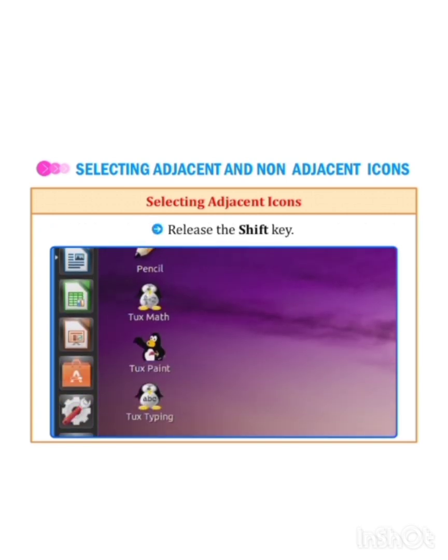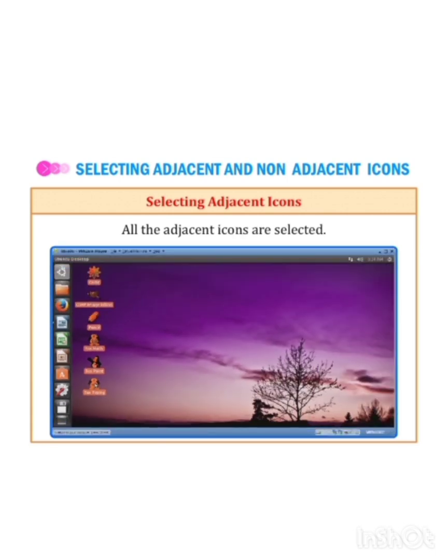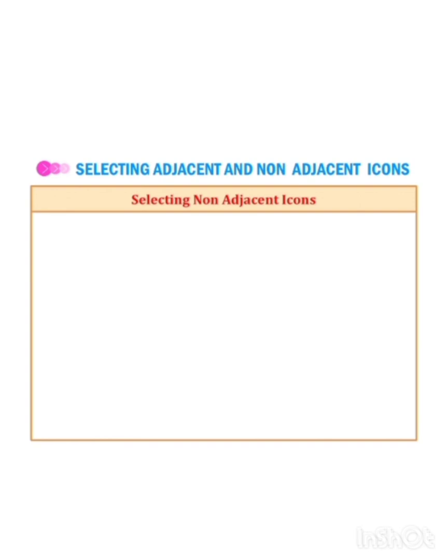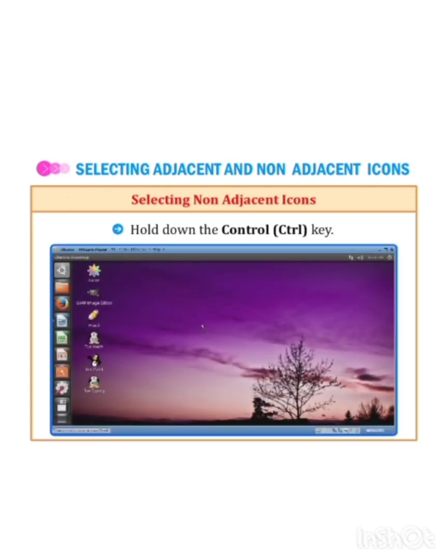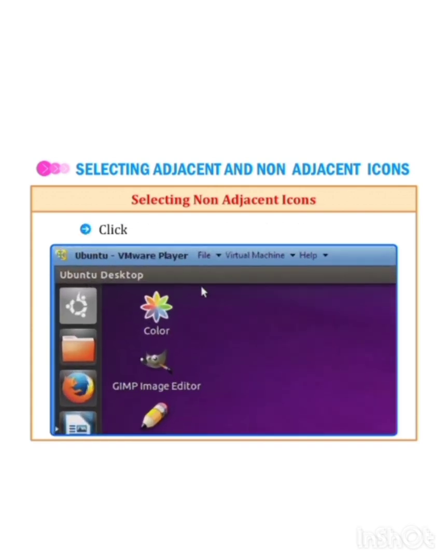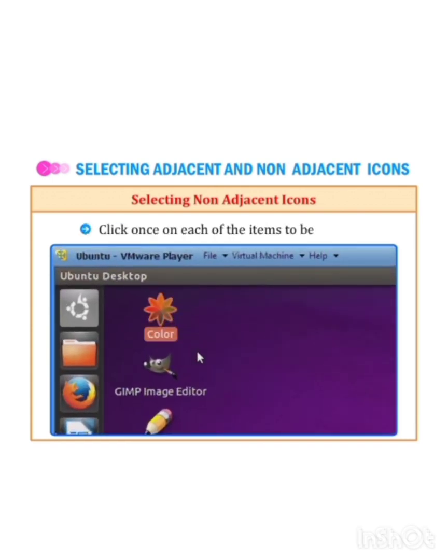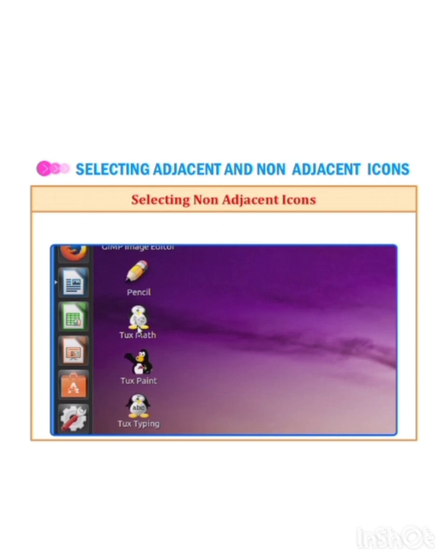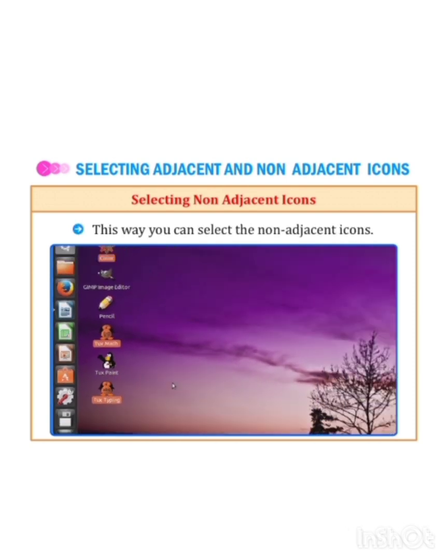Release the shift key. All the adjacent icons are selected. For selecting non-adjacent icons, hold down the Control key. Click once on each of the items to be selected. This way you can select the non-adjacent icons.